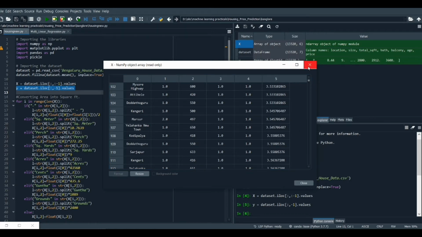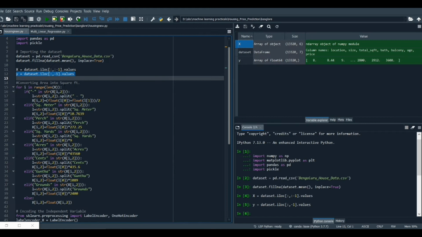So in order to do that, fetch all the number of rows in our data set. Length of x is going to return the number of rows in our independent variable x, and that's why we are going to use a for loop with i in range of length of x. So it's going to be in range from 0 to the maximum number of rows in our independent variable.